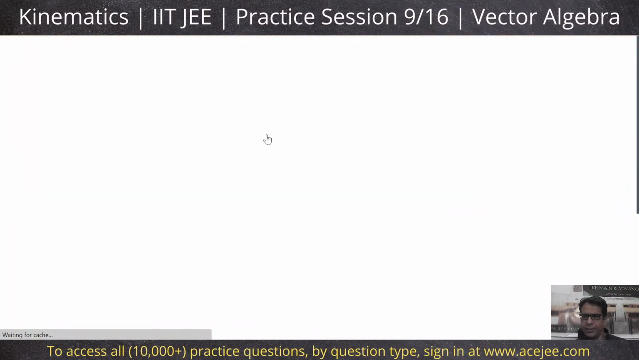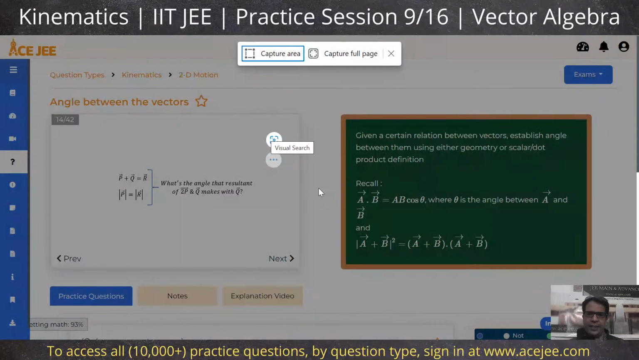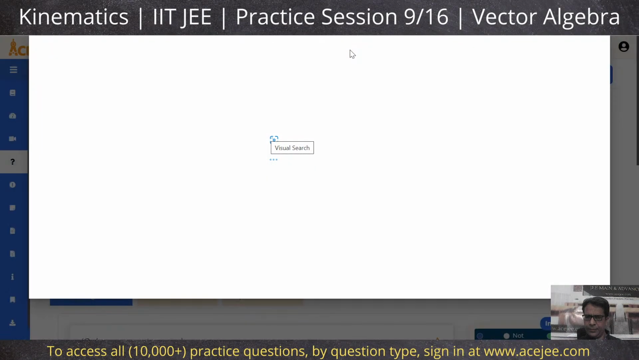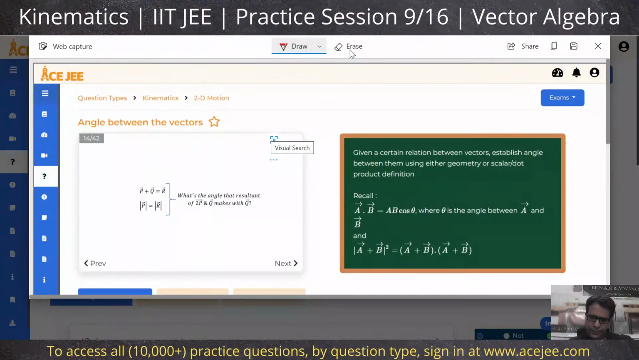In yesterday's class, one thing that I finished off with was one of the identities that is quite helpful when trying to determine the angle between vectors: the simple relation that the magnitude of a vector A can be written as... Can you see my screen okay? Yes, sir. Okay. So the magnitude of the vector A